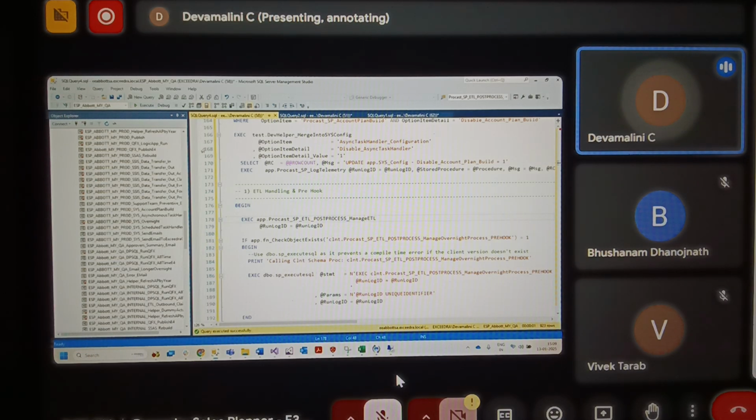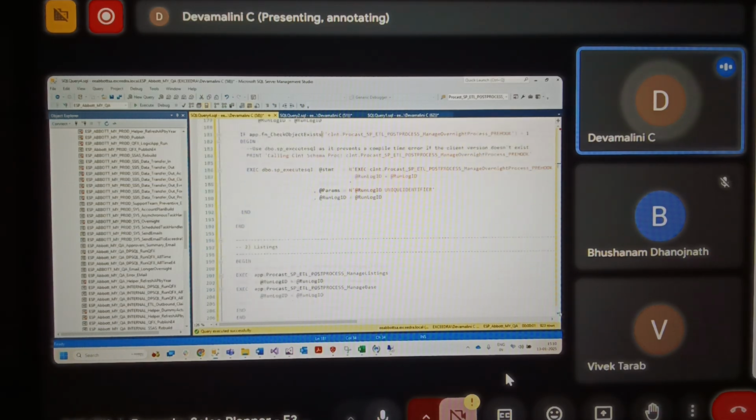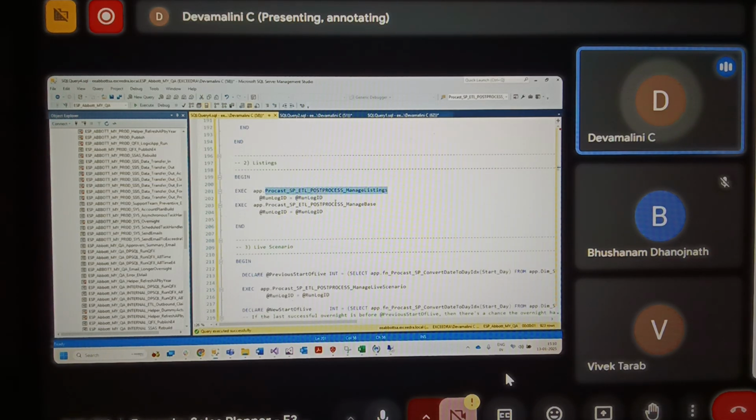It will be a call to the ETL database, and there each file is processed in the order which we have given. Customer and products need to be processed first, then the actuals, like that we have a sequence. With that sequence, all the inbound files will be processed: first cleanse, then validate, then the upload informations. Once that is done, the system will update the volume informations, listing information, and manage base. Manage base means volume informations will be processed, and then